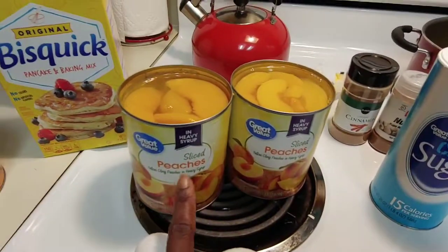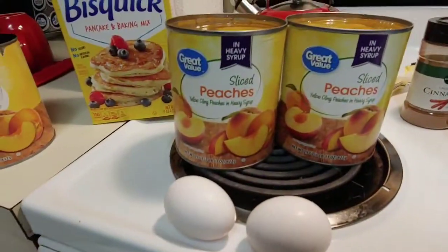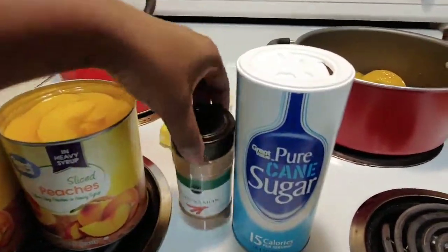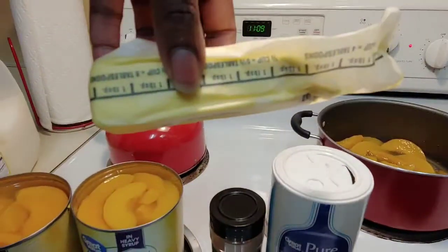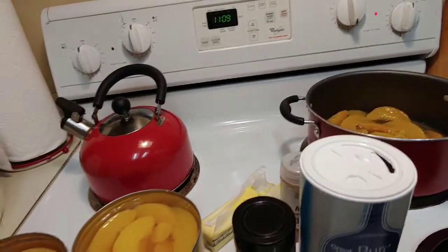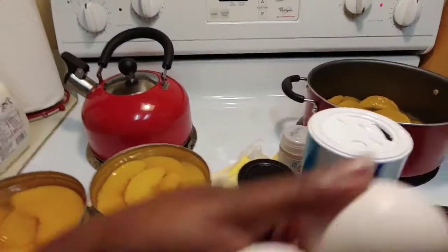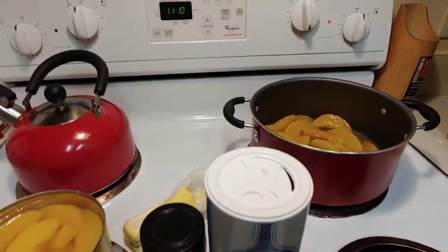You're going to need 3 cans of sliced peaches in the heavy syrup. You're going to need sugar, cinnamon, nutmeg, margarine or butter, whichever you prefer. And then you're also going to need Bisquick, milk, and 2 eggs. So what you're going to do first is you're going to open the cans and you're